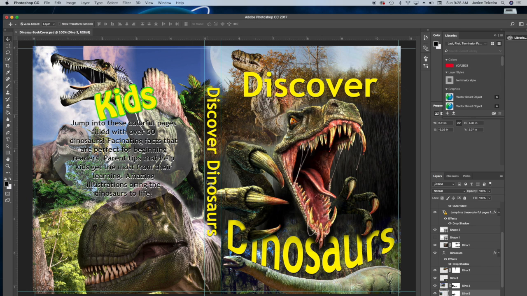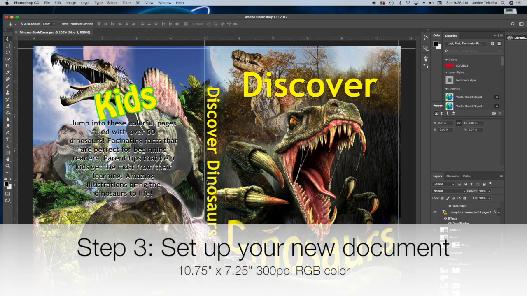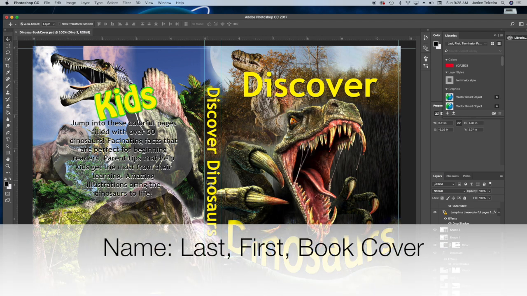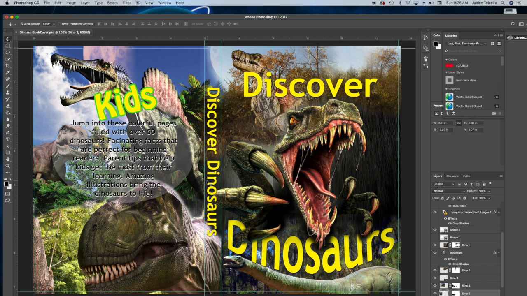So then you're going to, once you have that done, go ahead and set up your new document. So this document size is 10.75 inches wide. So the width is 10.75 inches. The height is 7.25 inches. Use a resolution of 300 pixels per inch and put this in RGB color. Name it with your last name, your first name, and then book cover. Once you've done that, go ahead and save that into your folder